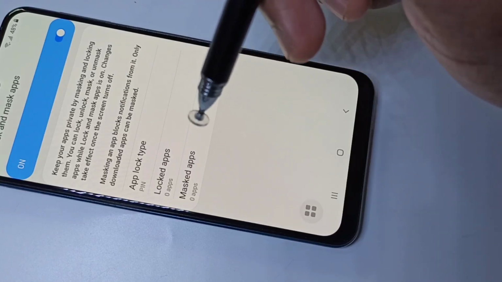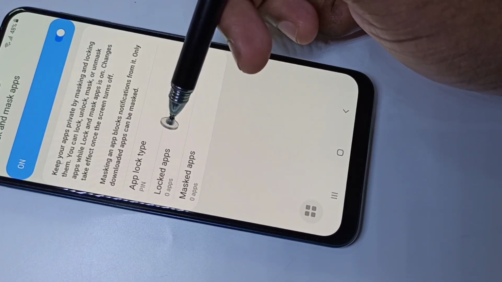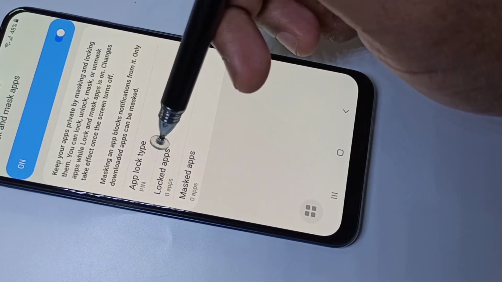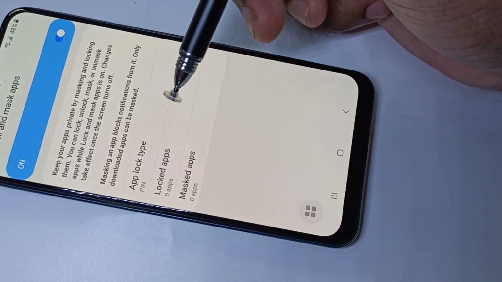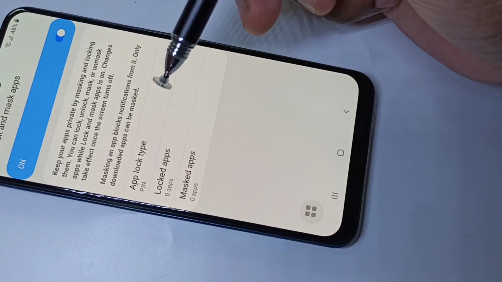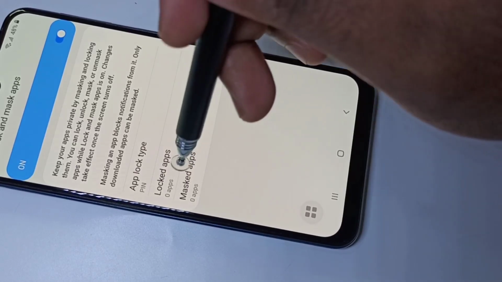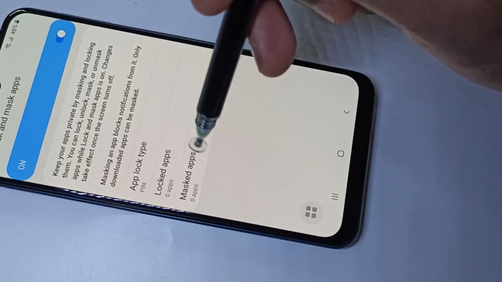Nobody will be able to open it. That is the second option. But in the first option, you can lock any app, but others can view the app icon, but they cannot open it. That is the difference between these two options.